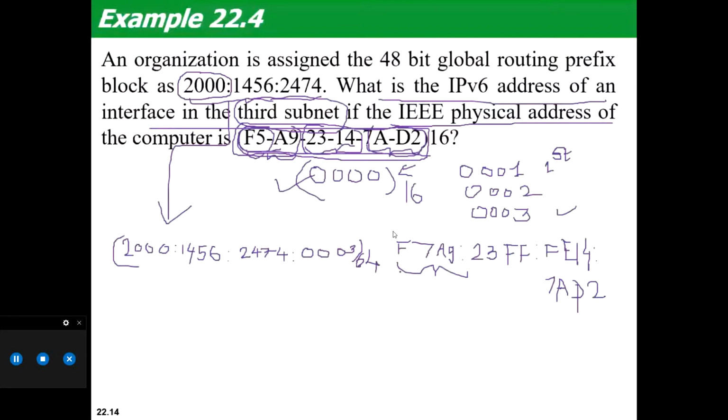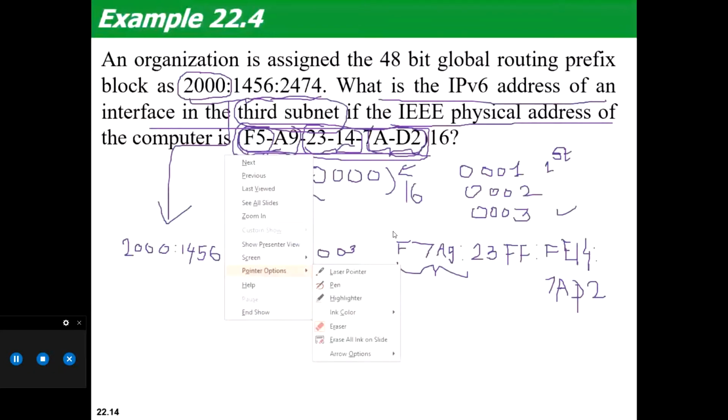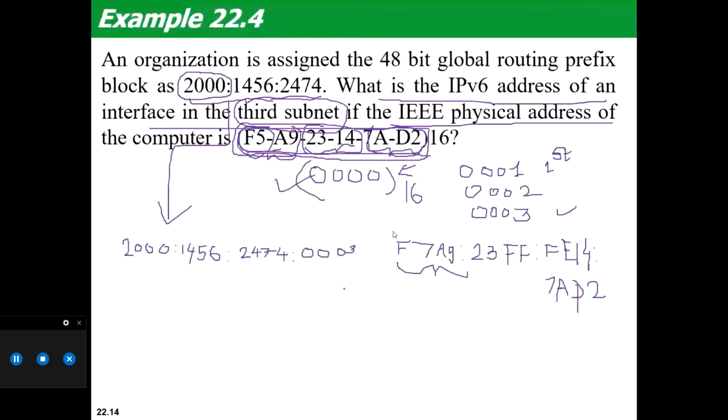Again, I repeat, this is my complete IPv6 address. अब जाके हम complete IPv6 address पे आए. So this is the complete IPv6 address.